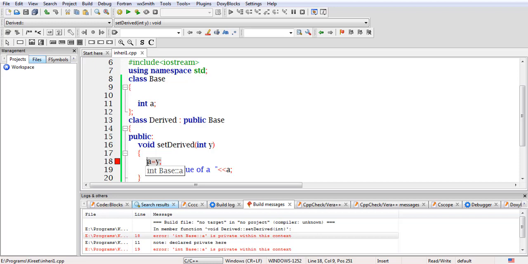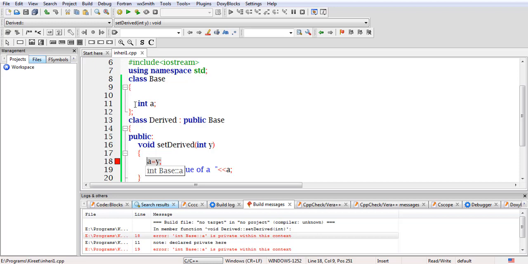Because if the member functions are public, they can be accessed with the help of an object of the same class, and they indirectly invoke the private data members of the same class.